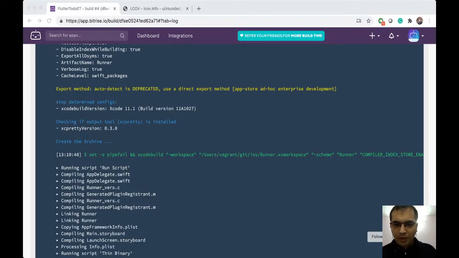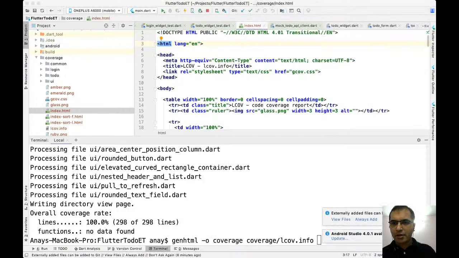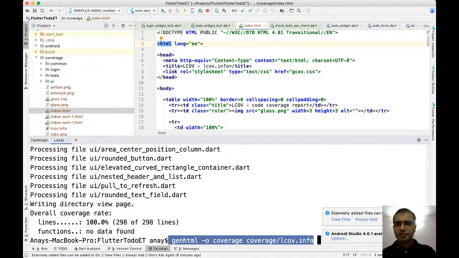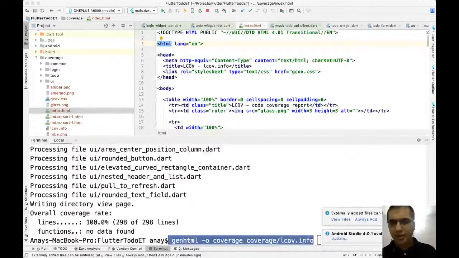So Divya, what I did was, let me actually go back to Android Studio. So you can see the command that I have used below, right? Let me highlight it. Do you see the command that I have executed? So that actually helped me to extract the coverage from the coverage file.